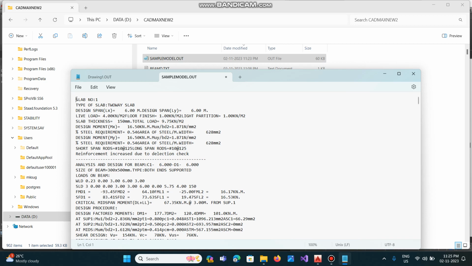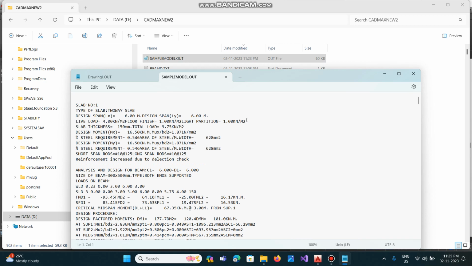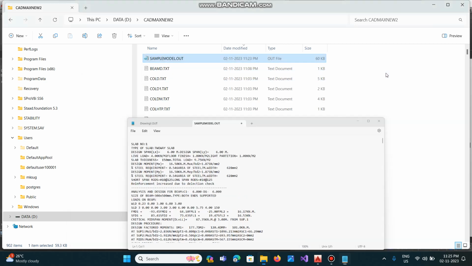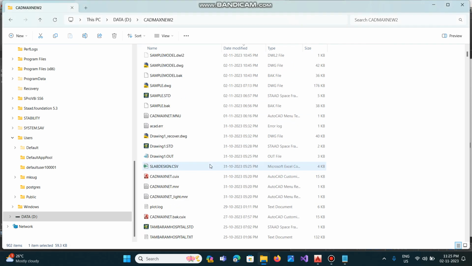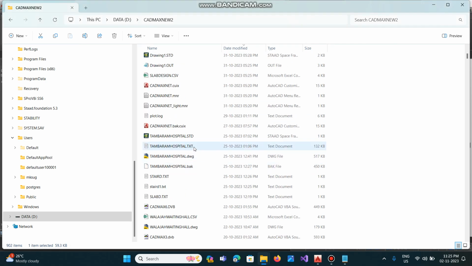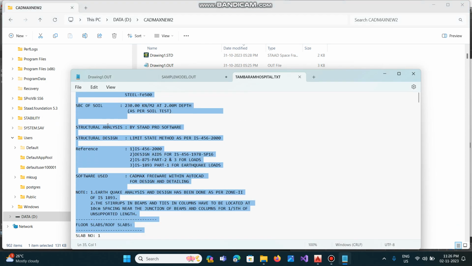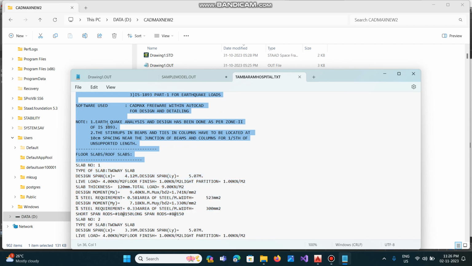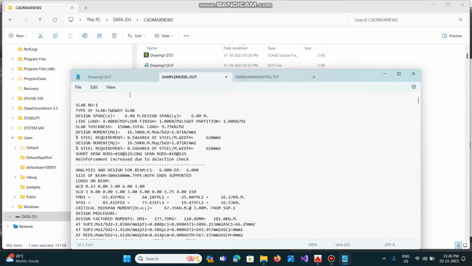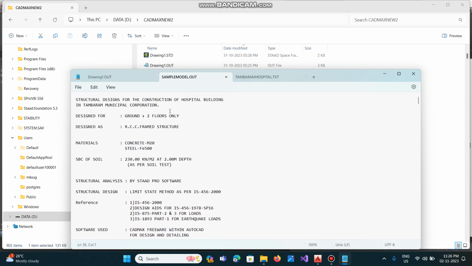Regarding the design procedure, some introduction may be there. There will be some text files I have already done. So from that, I will just copy from this and then edit it. Okay. Control C, then Control V. Here, construction of commercial building. Loads are taken as loads for commercial building loading. So commercial building,